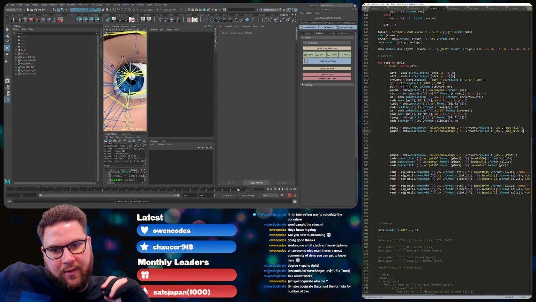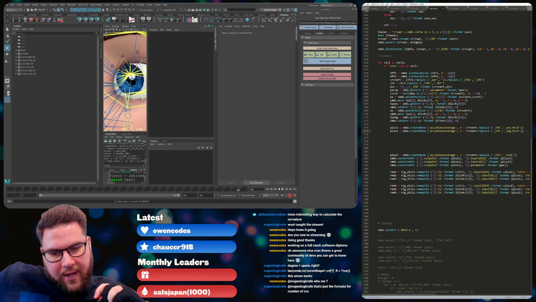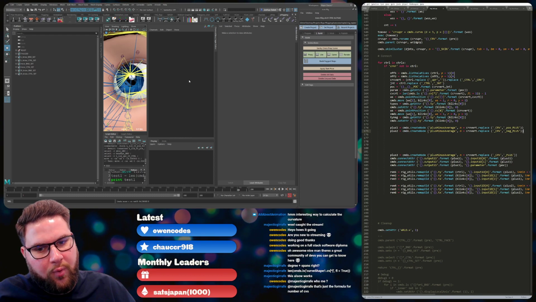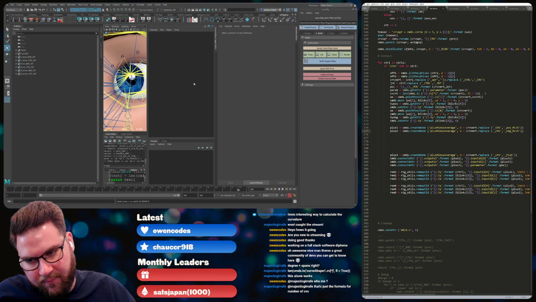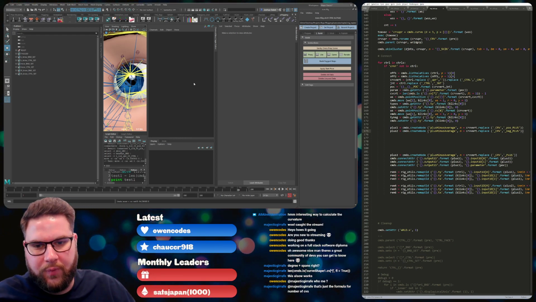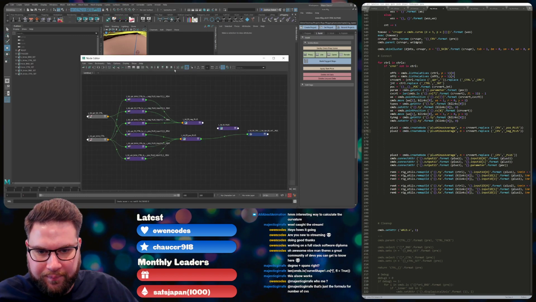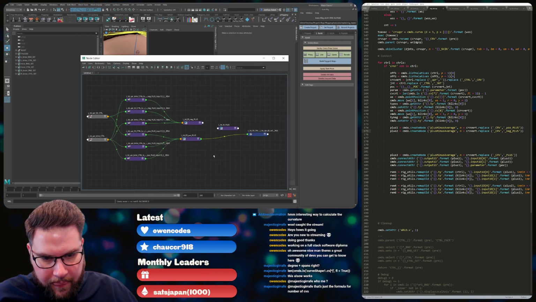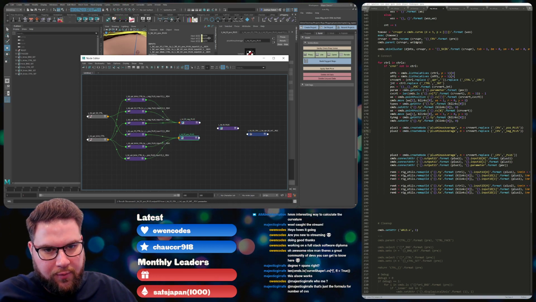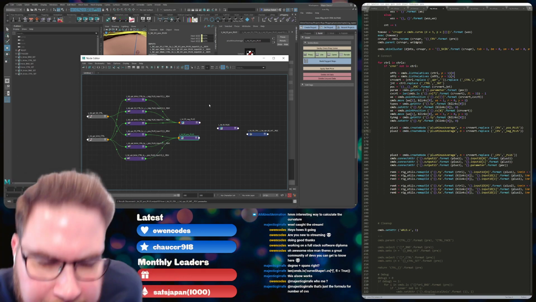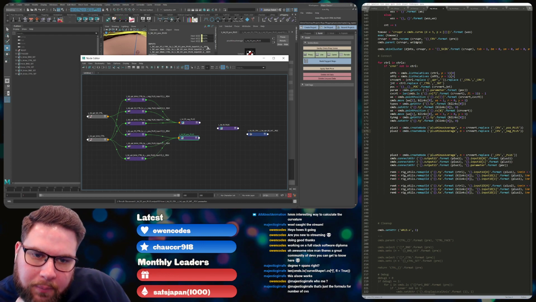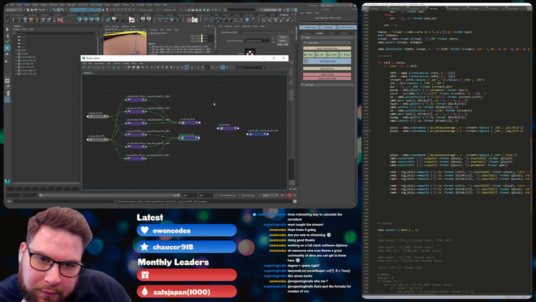Maybe we need to calculate the difference between the neutral and that new number. That might work. Like say 0.8 minus 0.8, basically. Or 0.8 minus wherever you are. Let me look at that node editor again. So we got each of these when they're at neutral. They have 874, 874, 874. So if we do 0.874 minus each of these numbers before plugging them in,